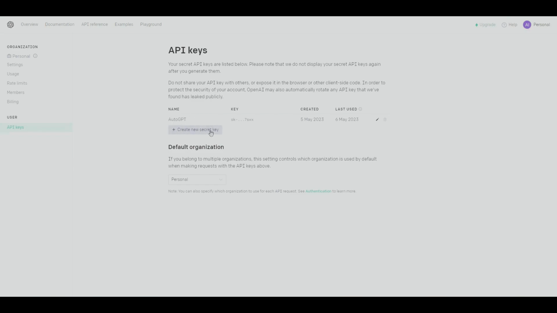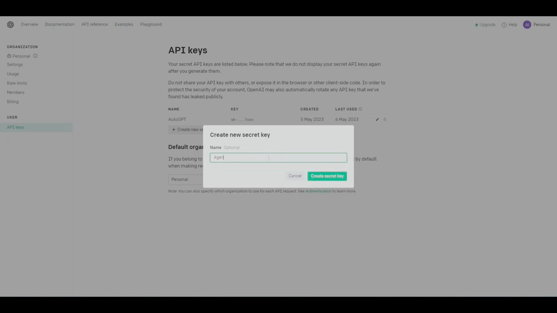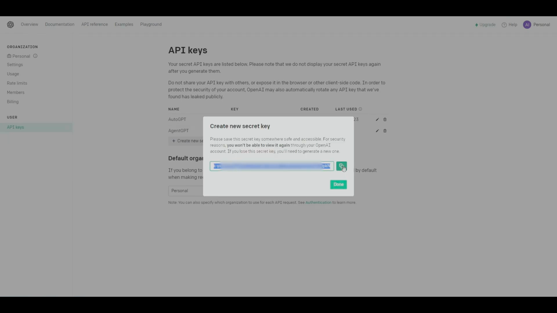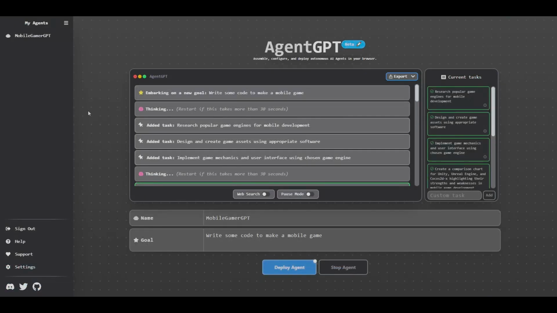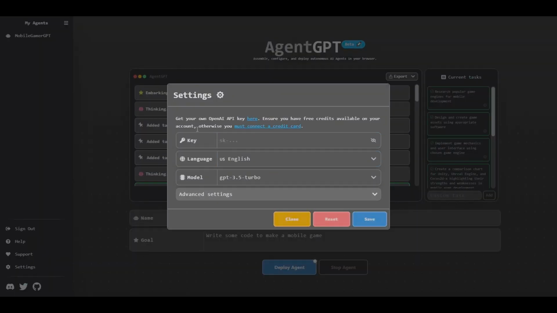So let's create a new one for AgentGPT and create secret key. Then let's go ahead and copy this key and go back into AgentGPT, and then let's click on settings, and then here is the key value that we need to paste. Let's go ahead and paste key, and then let's hit save,